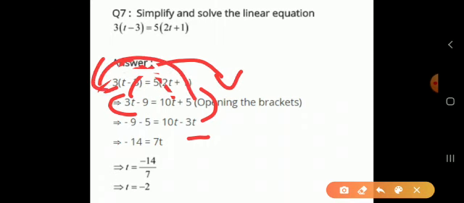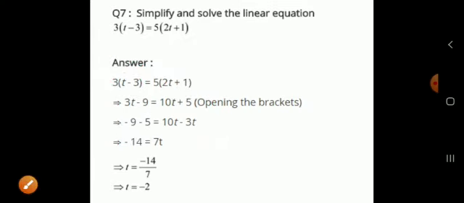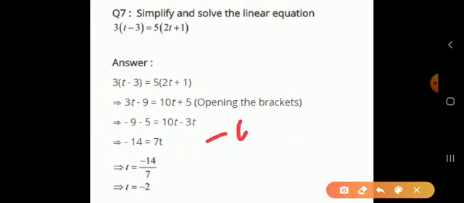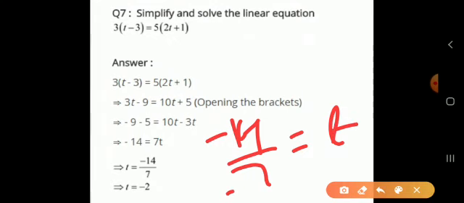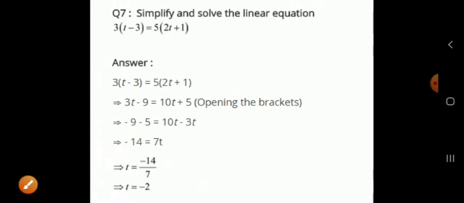So minus 9 minus 5 equal to 10t minus 3t. Now minus 9 minus 5 having the same sign, so sum we will do. So 9 plus 5 is 14, and that same sign will come, so it is coming what? Minus 14. Minus 14 equal to 10t minus 3t, that is 7t. So in order to get the value of t, we will bring 7 down. So minus 14 upon 7, it will come like this. Minus 14 upon 7 equal to t. So in solving, there will be minus 2 equal to t. So t value is minus 2. Right, this solution is over.